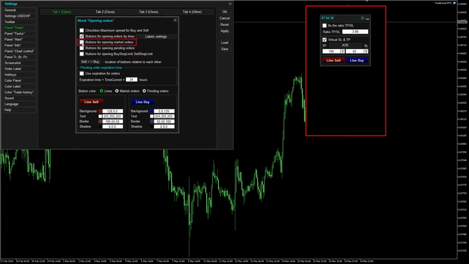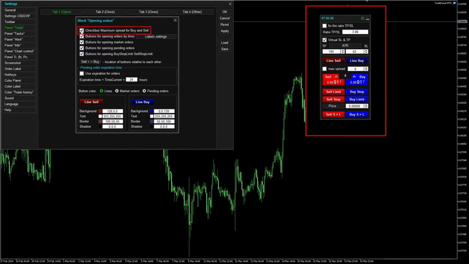Buttons for opening of positions. Buttons for quicker opening of pending orders. And buttons for opening by stop limit and sell stop limit orders. Check the box so that a checkbox is displayed on the block to set maximum allowable spread. When setting the maximum spread, the panel will open a position only if the current spread is less than the